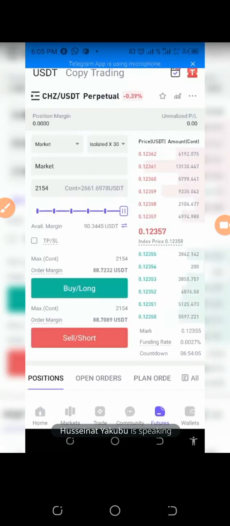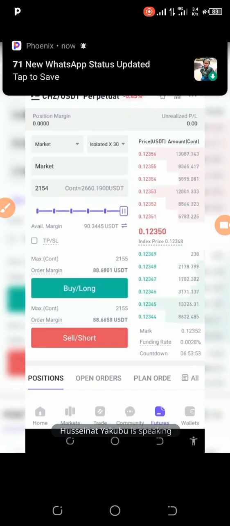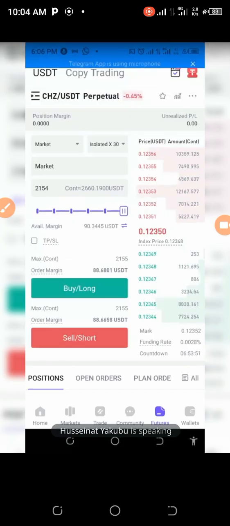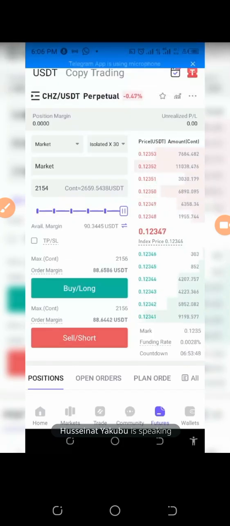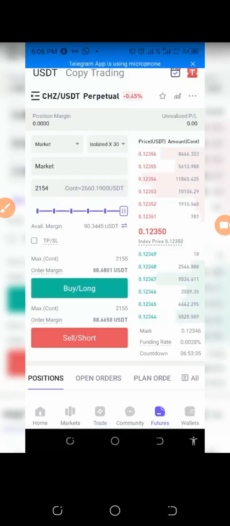If your total capital is 90, and I have $90 now, the most or the highest I should expose for this trading should not be more than $7 to $10, so that we still have 80 remaining. If I decide to use 10, I isolate it from that 90 I'm having, so the remaining 80 will still remain in my wallet. Whatever happens, and it results in loss of fund, I will only lose the $10 that I exposed to the market. But when you talk of cross,